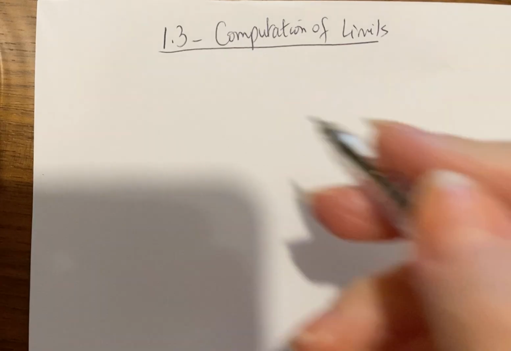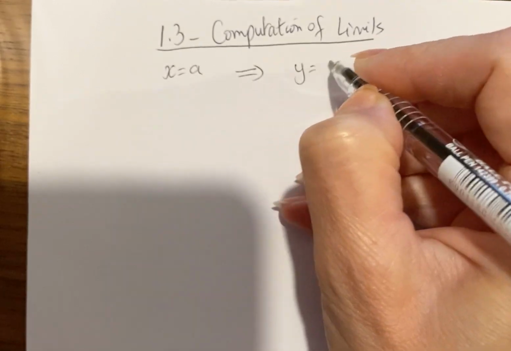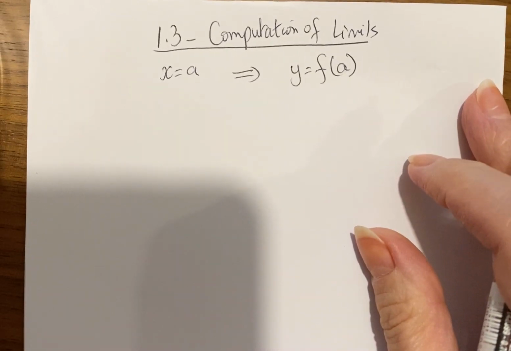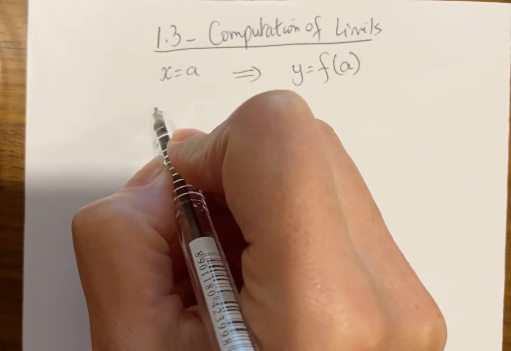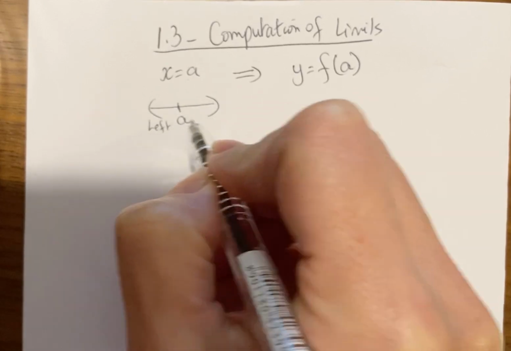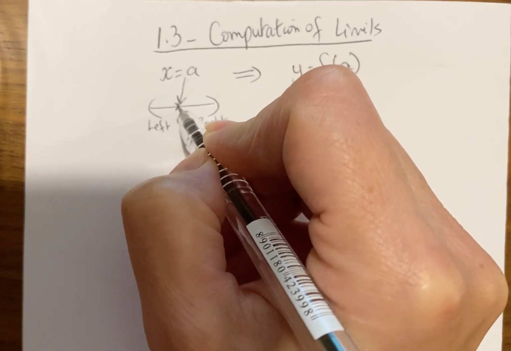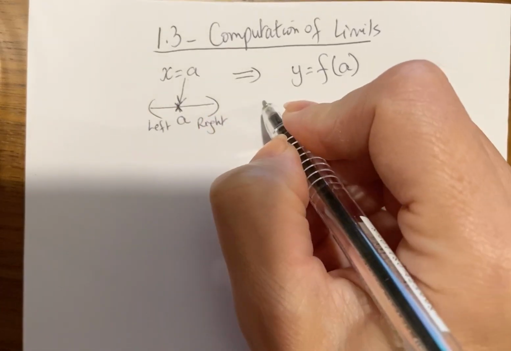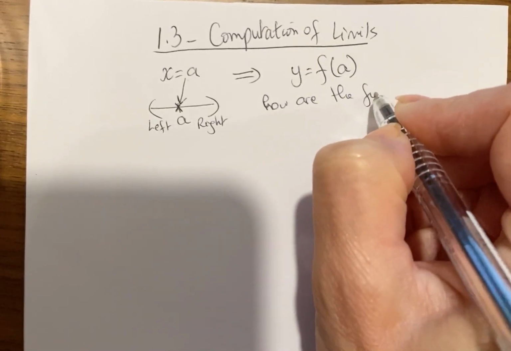In algebra, we learned how if x equals a, we take a and substitute it in the function, we get the y value, which is f of a. This is direct substitution and gives us function values. What we learned yesterday is more about not studying what happens at a exactly. We consider a as part of a neighborhood, the left neighborhood and the right neighborhood. Instead of looking at a directly, we zoom out and look at its neighborhood. And we check how the function values are behaving